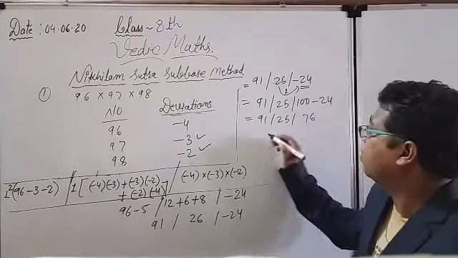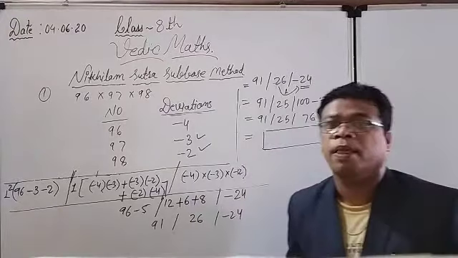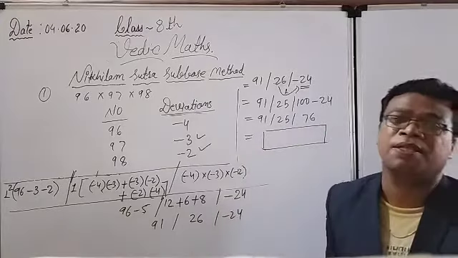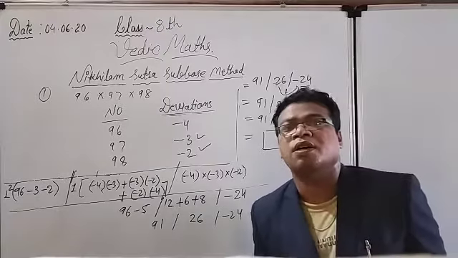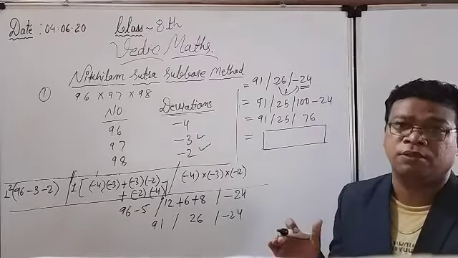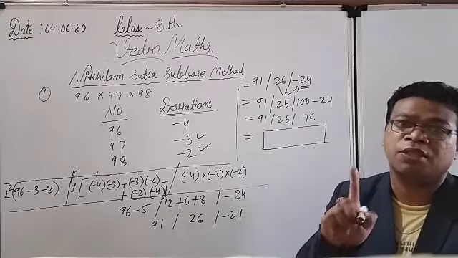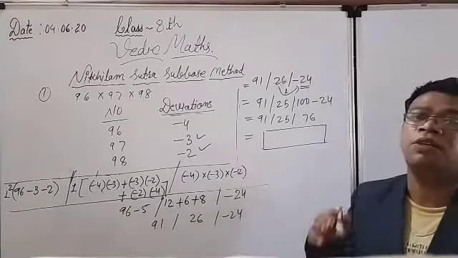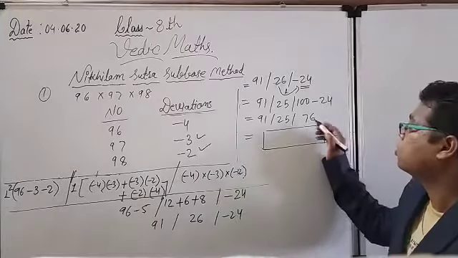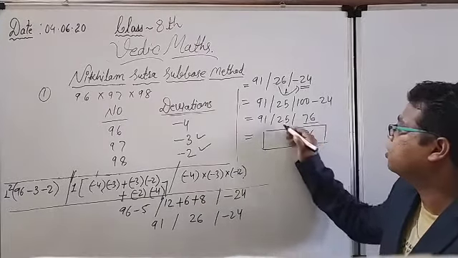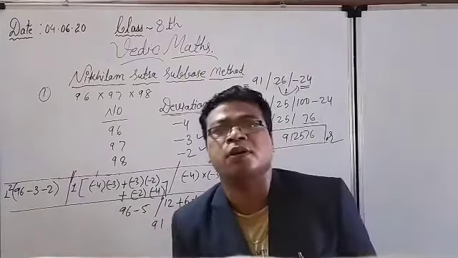So right now what is the answer? This is for the final answer. What rule have I told you? Actually, the base is 100. So how many zeros are there in 100? 2. So if there are 2 zeros in 100, I have to consider 2 digits from every section. Last time, whenever I was considering base 10, I was considering only 1 digit. But here I have to consider 2 digits from every section because the base is 100, consisting of 2 zeros. So 76 is already a 2-digit number, this is also a 2-digit number, and this is also no problem. So this is my answer. Next time I will solve some more questions.